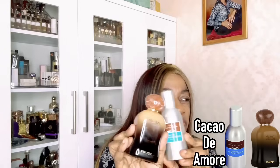Mental shortcut, this and this feel the same. Do not expect a chocolate forward style of fragrance because of how these fragrances are presented. This one has a darkish and then a lightish there. Mental shortcut, you're going to imagine chocolate and maybe the caramel and even the milk, but it just boils down to a biscuit style of fragrance, a biscuit feel, something that I get from Oud